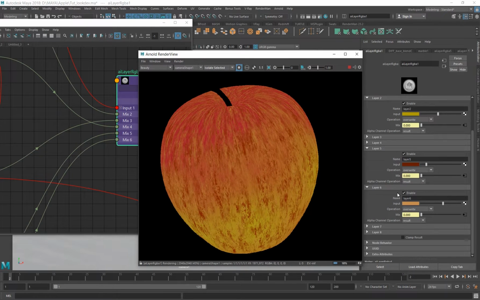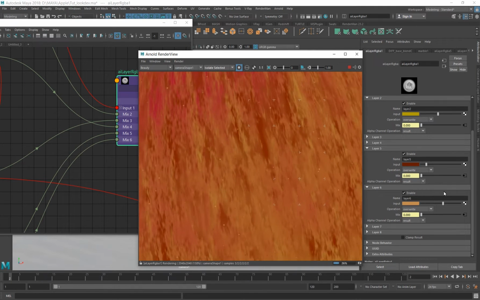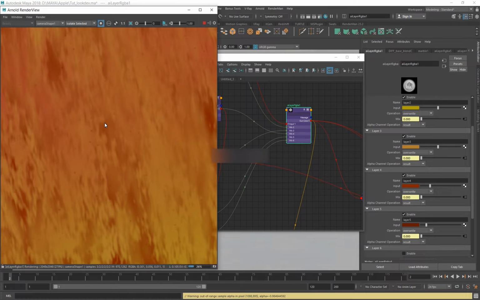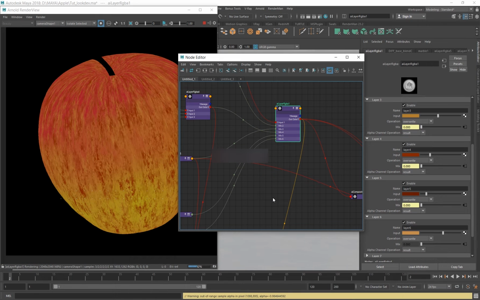So there is a subtle color variation. Layer 5 is little small black dots, and layer 6 is bigger white colored dots. So if you think, are all these things going to be visible on the Apple in the final output? Let me just say, it all depends on you.